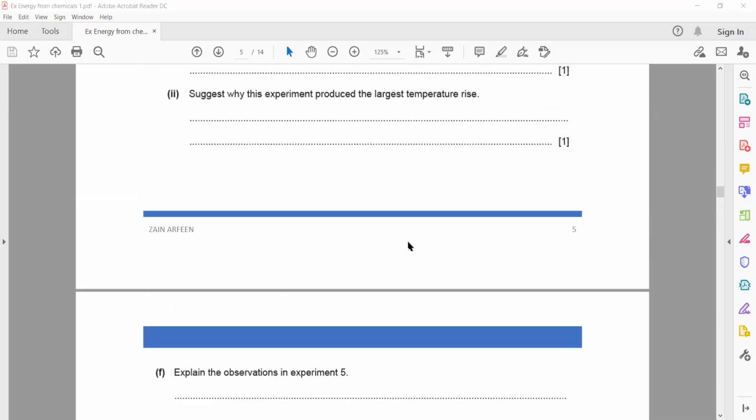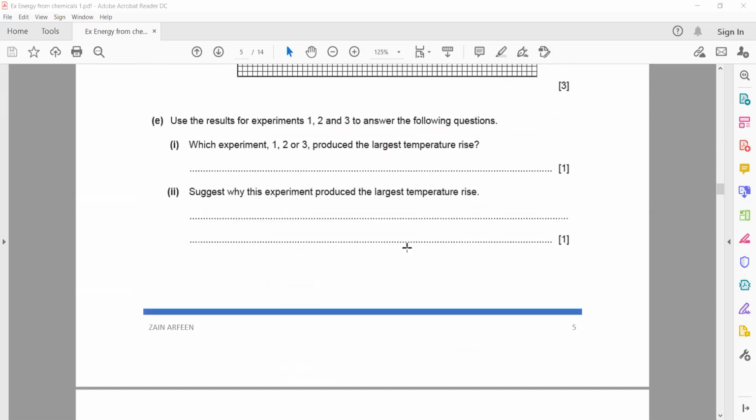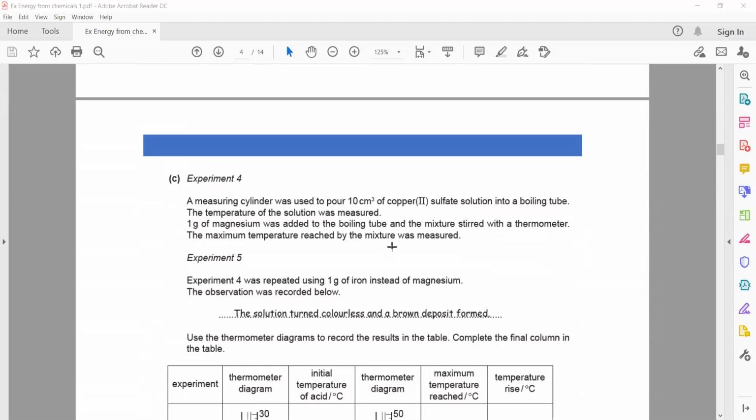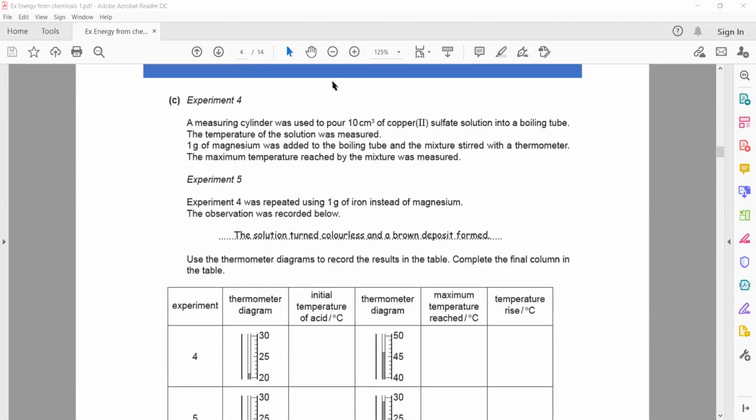Page 6, part F. We have to explain the observation in experiment 5. What are the observations in experiment 5? In experiment 5, experiment 4 was repeated using 1 gram of iron instead of magnesium. The observations are recorded. The solution turned colorless